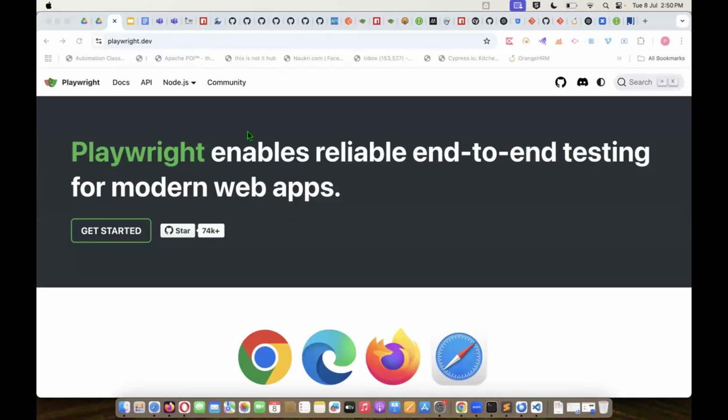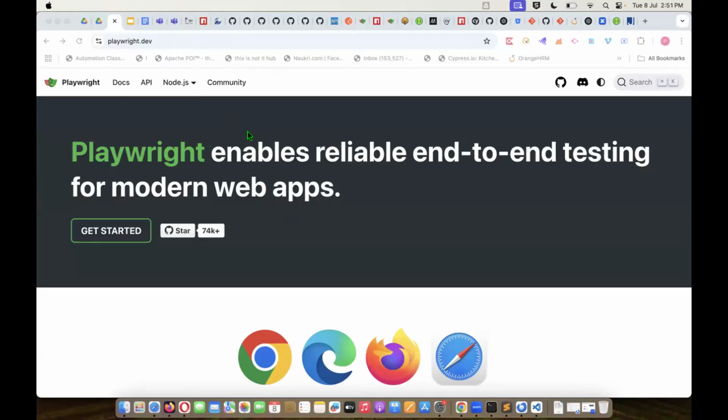Perfect. So as you are aware, right now in the QA automation world, there are a few tools which are very popular amongst the automation tools and technology, especially in the QA fraternity.